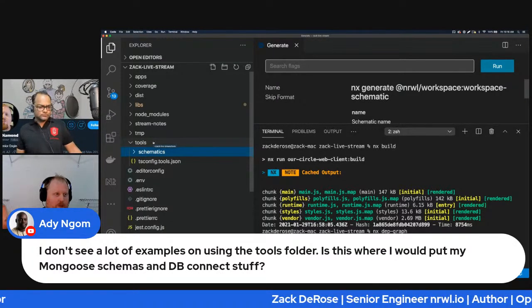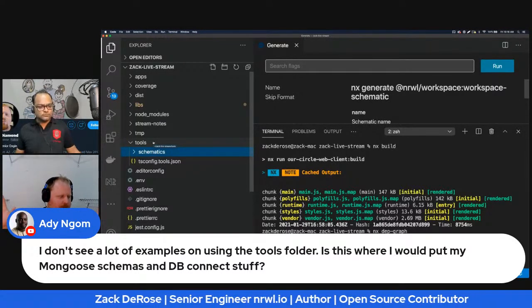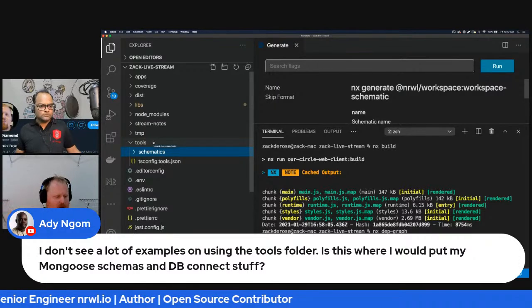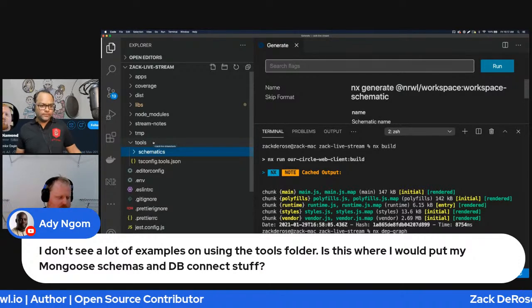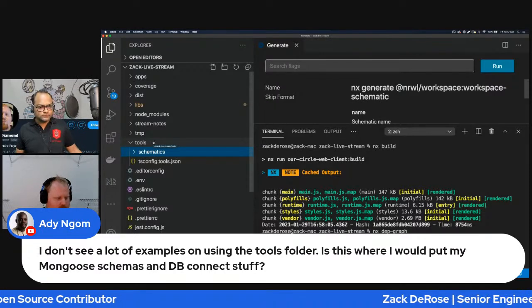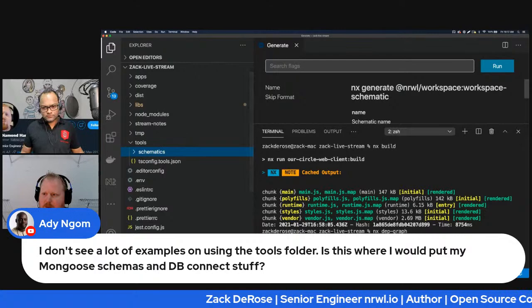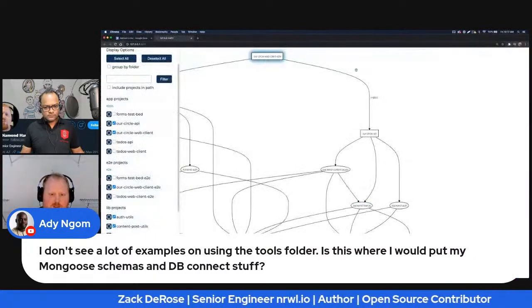Probably for the Mongo interface specifically, that would only be needed by the back end. But that would kind of be the idea there. And DB Connect stuff, again, I think you'd probably put that into your node libs.